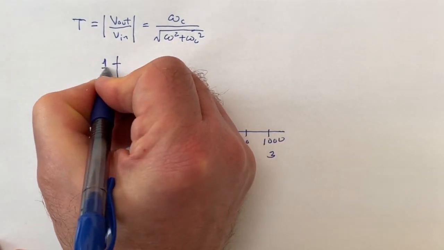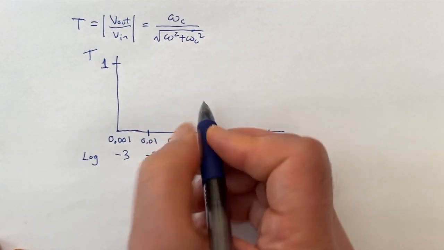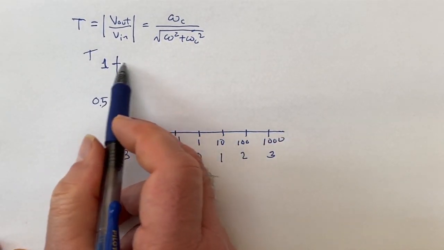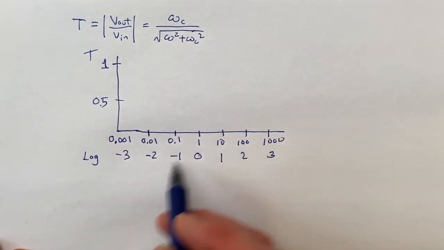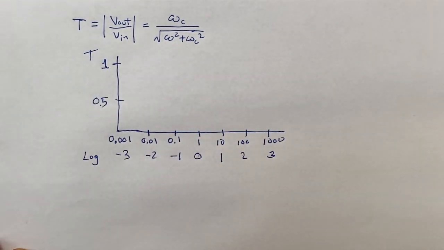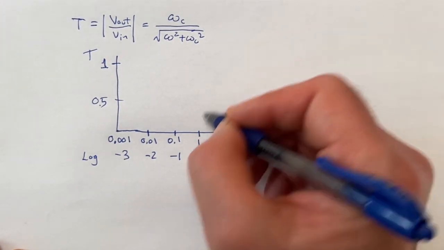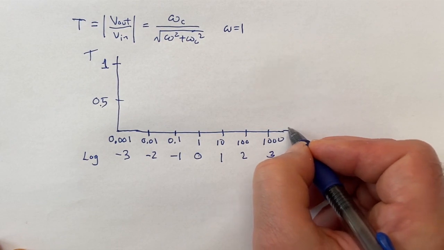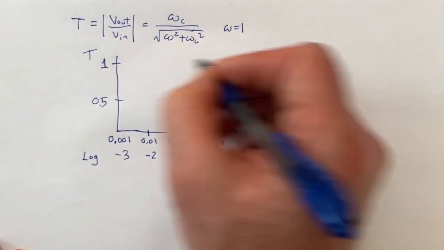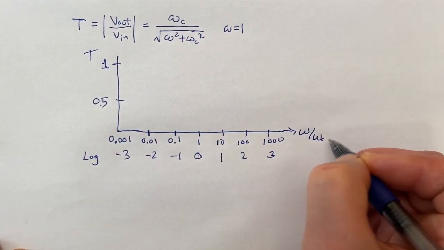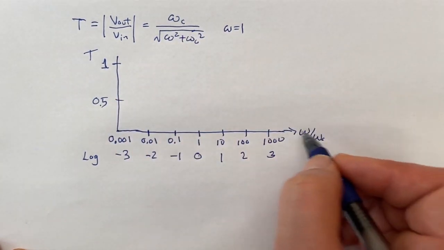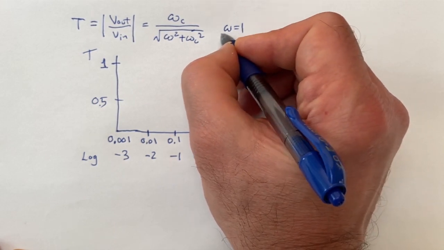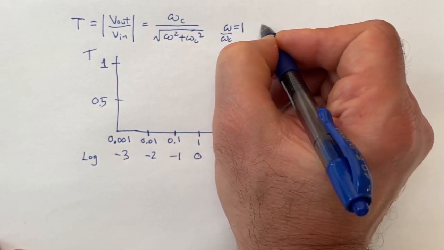And say this is 1 up here, transmission is like everything gets through. And say this is like half. So on the oscilloscope, if you have the 10 volts coming in, you'll see 10 volts because it's 1. It's like 100% goes through. And when omega equals 1 here, so see, this is your omega. Really, this is omega over omega sub c. Because if you think of omega over omega c equal 1,